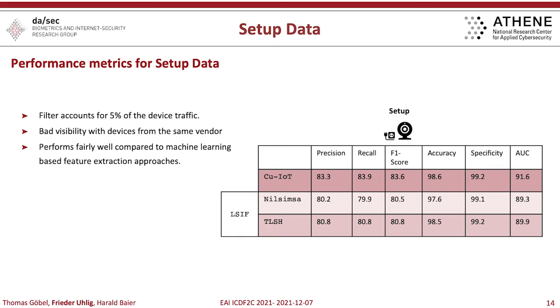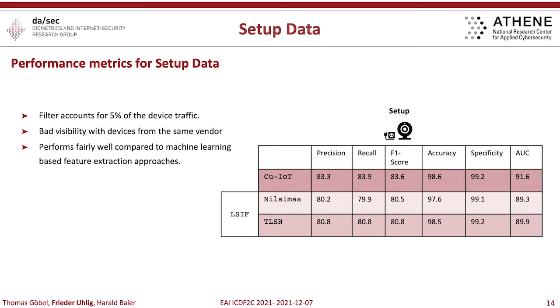Our second test was with setup data. The filter accounts for 5% of the device traffic. What we saw right off the bat, still CU-IoT has the best performance metrics. However, we saw that the visibility decreased considerably when we had a lot of devices that stem from the same vendor and might have similar protocols. And also for this setup data, we actually have